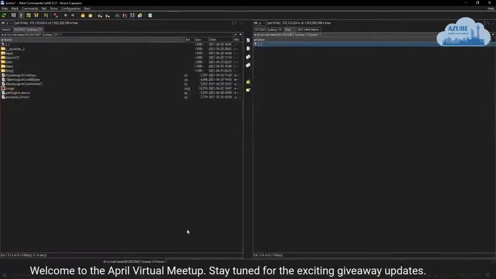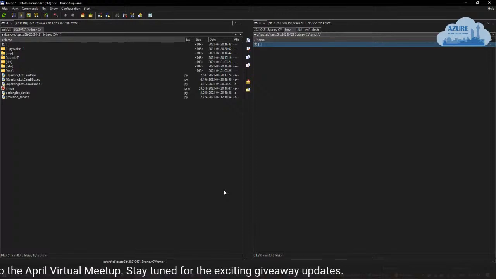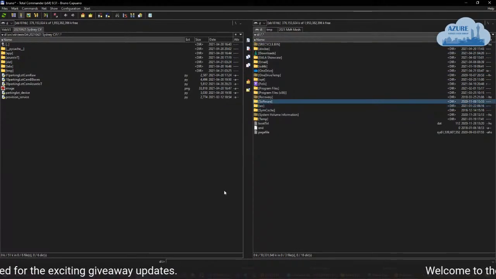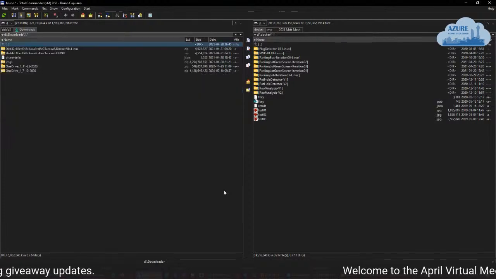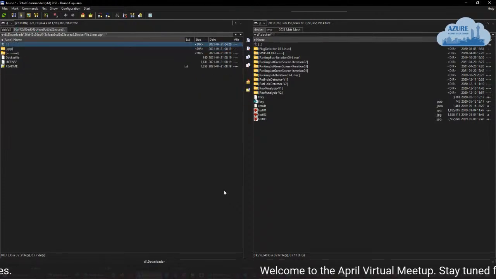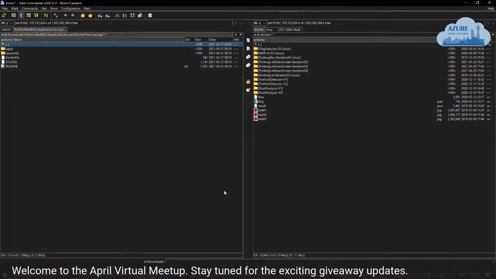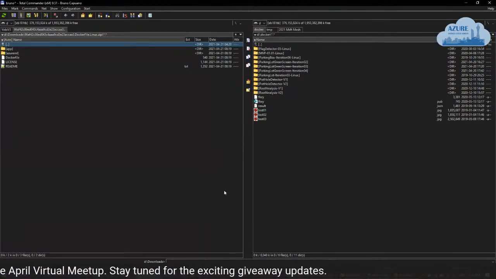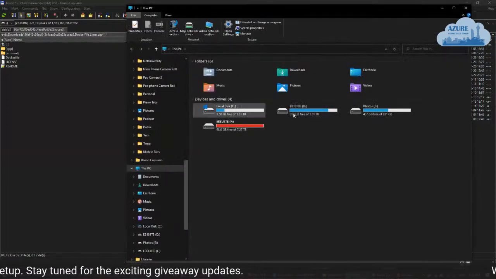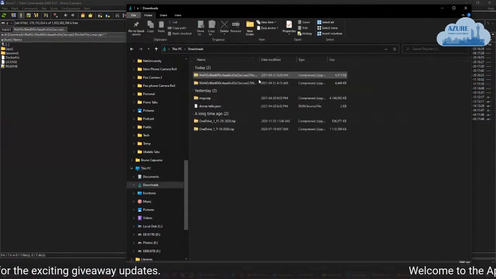So if I go back to an example, this is my machine. Let me go back here. If I go back to my downloads, I have one download here, this is the zip file that I downloaded, and this is a Docker file. Let me do this in the Windows environment so we understand what we are doing.